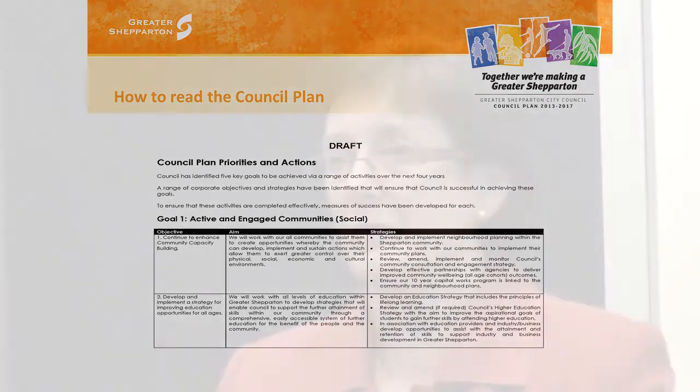Now the really important bit is how do we actually deliver those. So we've got lots of ideas, lots of aims and objectives, lots of services and lots of infrastructure, some to be maintained, some to be built new, all of that. How do we do it? How are we going to pay for it? I'm going to hand over now to Justin Finlayson, and he is going to tell us what